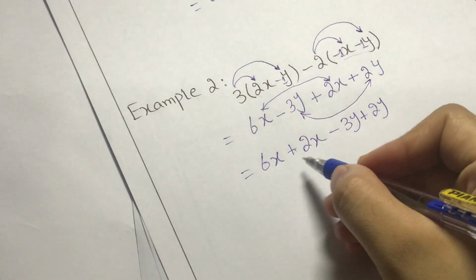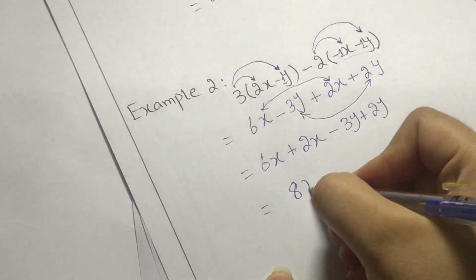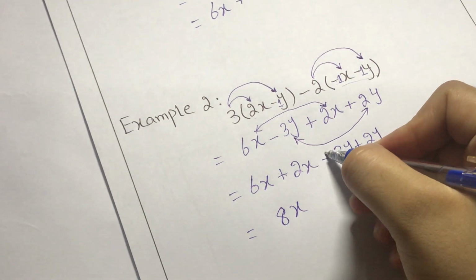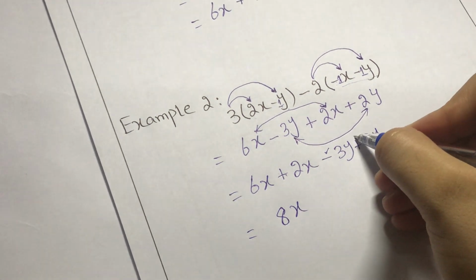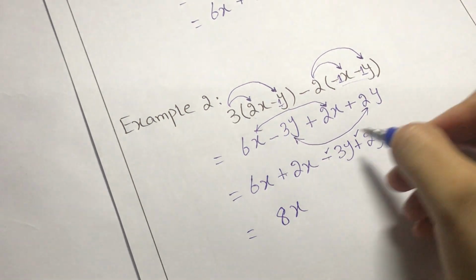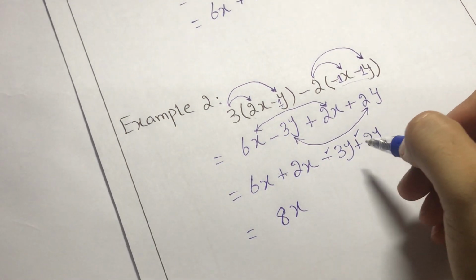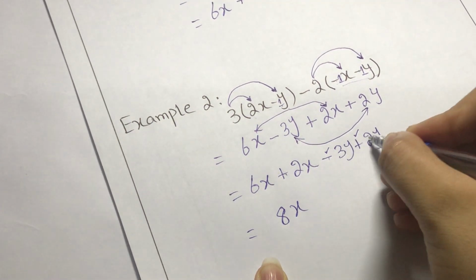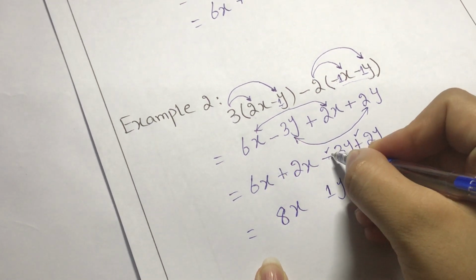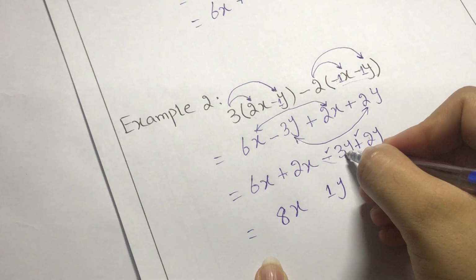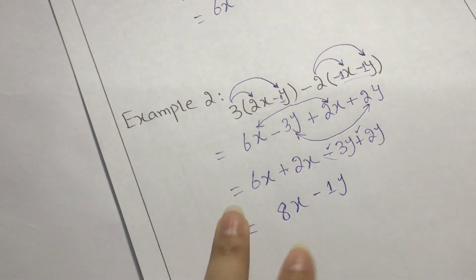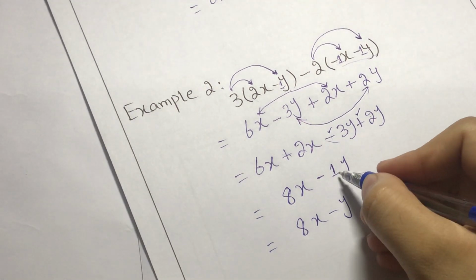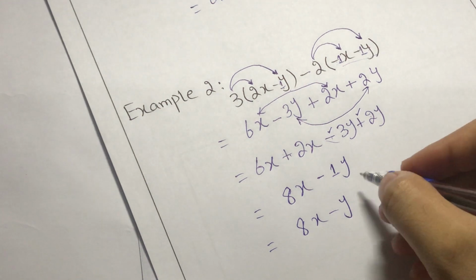Now simply 6x plus 2x, 8x, right? Now you can see the sign of 3 is negative, but the sign of 2y is positive. So one is negative, one is positive. That means you have two different signs, and with two different signs you have to subtract. So 3 minus 2 is 1y, and keep the sign of your greater number. What was the greater number? 3. So its sign is negative. Or you can write it 8x minus y because it's not compulsory to write 1 with the variable, right?